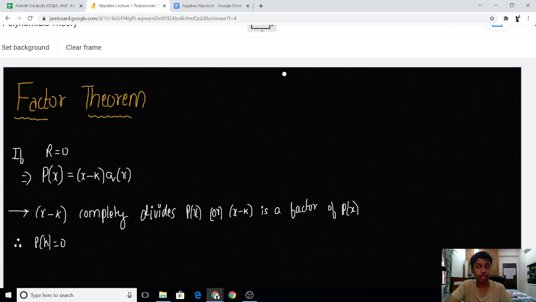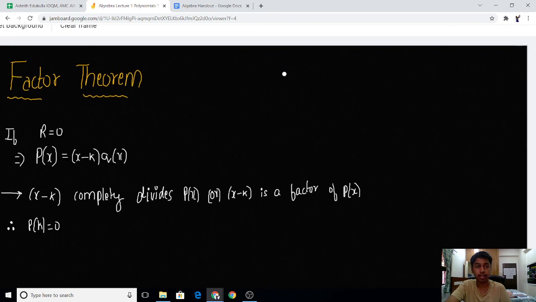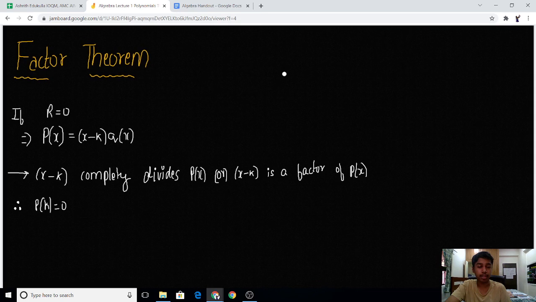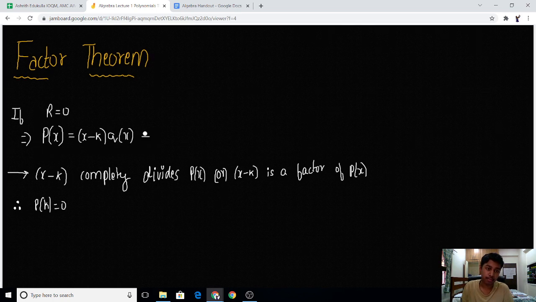So factor theorem is just a derivative of the remainder theorem. What does factor theorem say? In remainder theorem, we had p of x equals x minus k into q of x plus r. But if r equals 0, we can just neglect r. So it is telling us that if the remainder is 0, then x minus k completely divides p of x. So it is something like, for example,